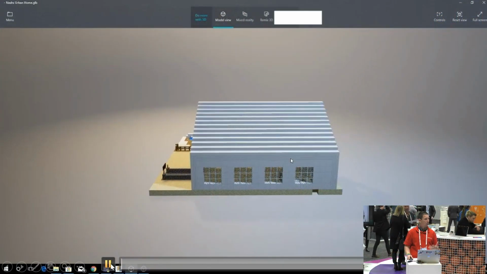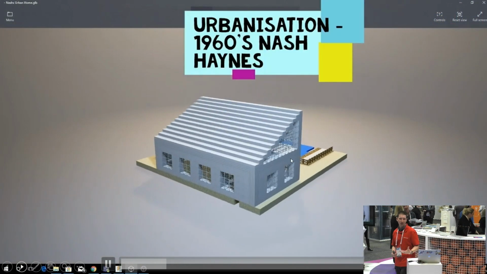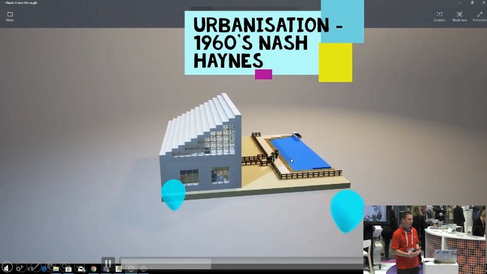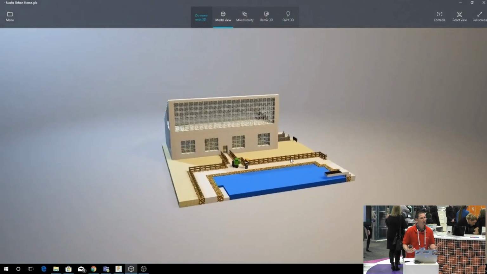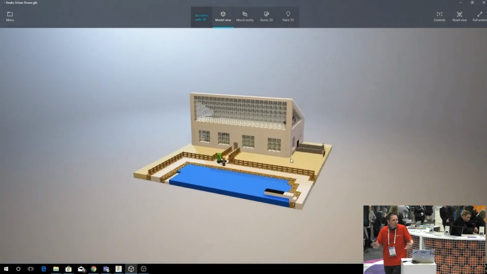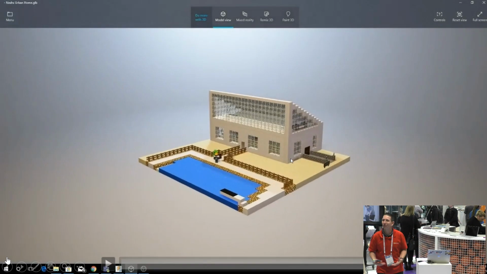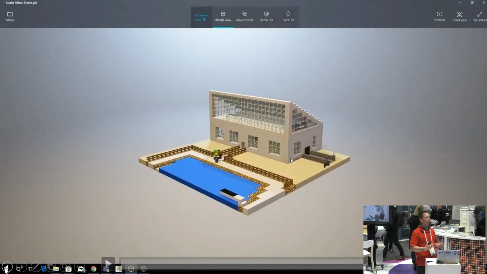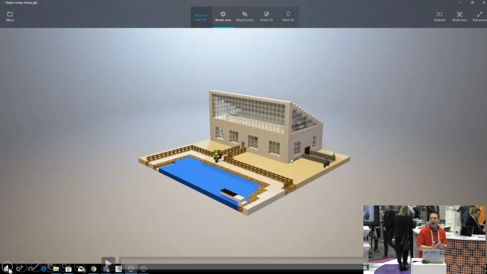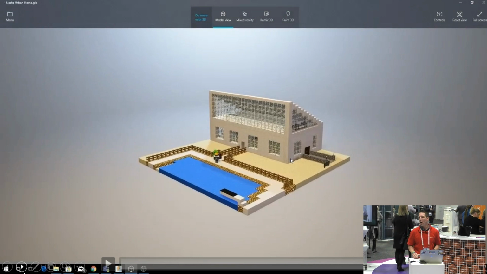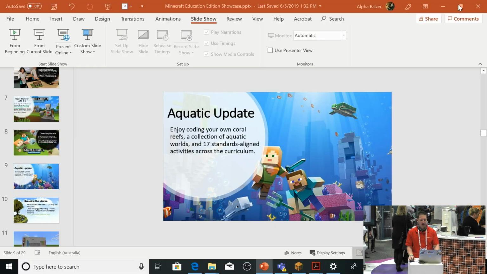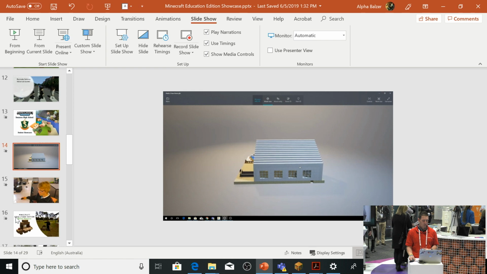So using Windows Photos and Windows Video Creator, which I've renamed, Nash basically made his own 1960s urbanised home, and he researched the architecture using the internet to recreate what homes looked like in the 1960s. Going through those decade studies, like the Brady Bunch and everything that was alive in his decade studies in the 60s, using Minecraft Education Edition. Literally endless possibilities in what you can do.